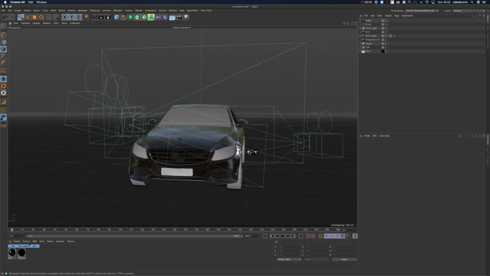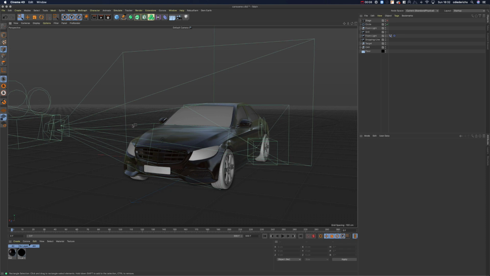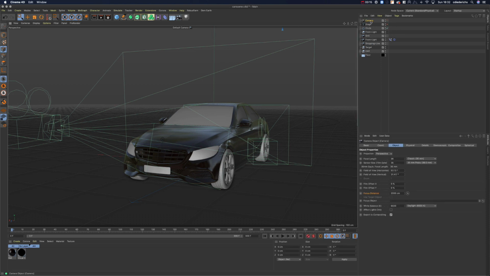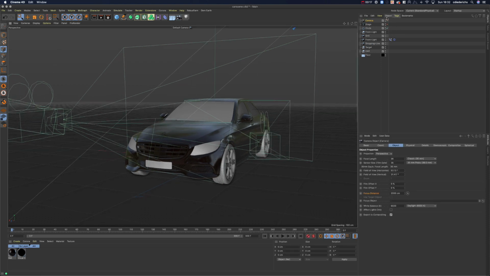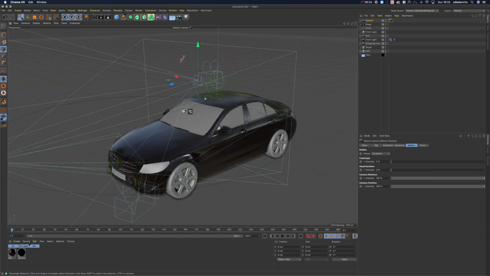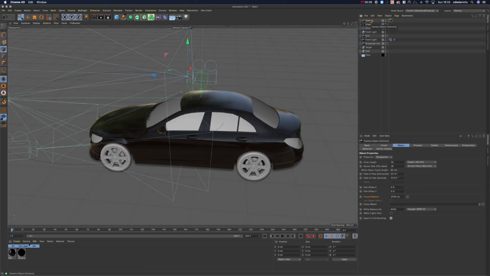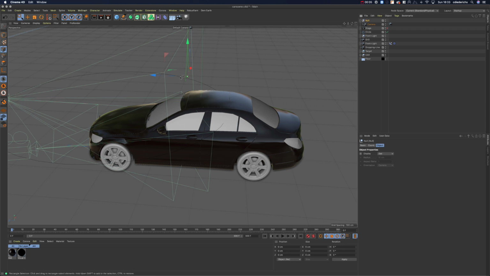Let's say we want to do something which has more the feeling of a handheld camera or a steady cam, not like this smooth camera animation we just did before. So we add a new camera here, and what I do now is I just have this at this position, and I add what is called a motion camera tag. Now you see this puts this guy over here. So because we can't actually move that as long as the motion camera tag is on it, we can just put that in a group, and now we can move the